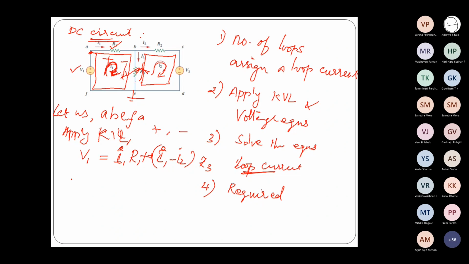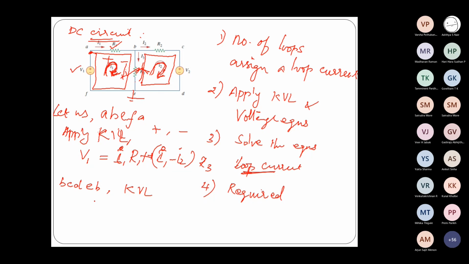So now let us write B, C, D, E, B. Let us consider this loop, the second loop, apply KVL, and write the voltage equation. Again for loop 2 we have 3 elements. Now the clockwise direction only we are going to assume here also. It's not necessary that you go for the clockwise direction, but better we go for it, because in the matrix method, when you apply this clockwise direction, it's easy. We can derive a common methodology by assuming this clockwise direction.